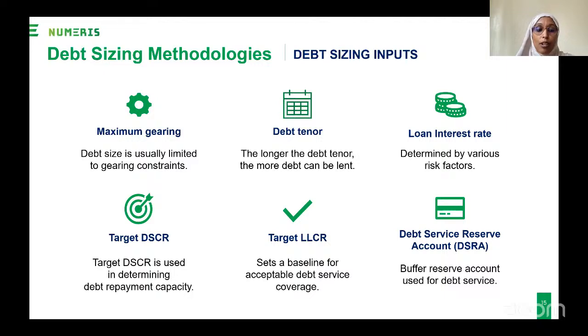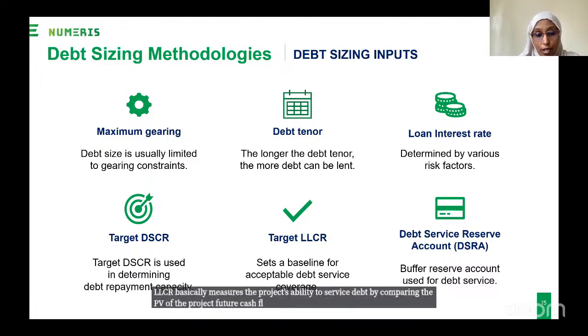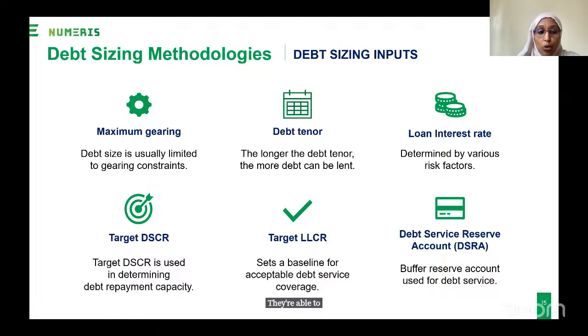We also have the target LLCR. LLCR basically measures the project's ability to service its debt by comparing the PV of the project's future cash flows. And when I talk of cash flows, we're talking of the CFADs, not all the cash flows, but the cash flows available for debt service. So by comparing the outstanding debt at any particular time, they're able to evaluate the project's ability to cover its obligations. So the target LLCR helps set a baseline for acceptable debt service coverage, ensuring the project has enough cash flow